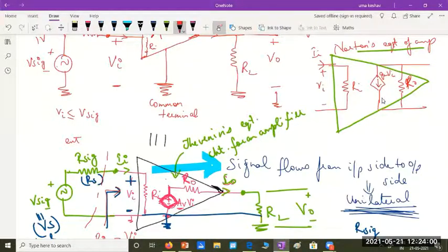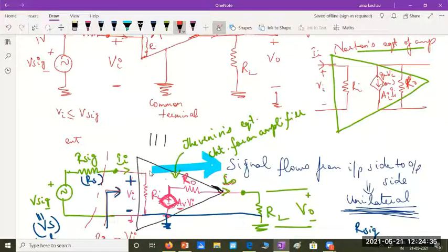Here, the value of this current source, I can also write as current gain into input current. If I consider the transconductance factor, it will be Gm into voltage. If I consider the current gain factor, I can write it like this. Anyway, we'll be seeing these things in depth as we analyze the circuits. So just remember the difference between a Norton's equivalent replacement for an amplifier and a Thevenin's equivalent.